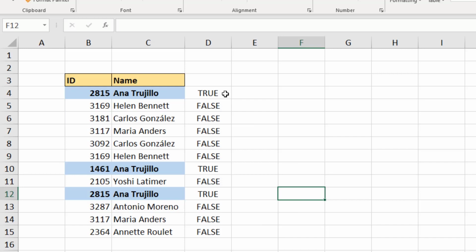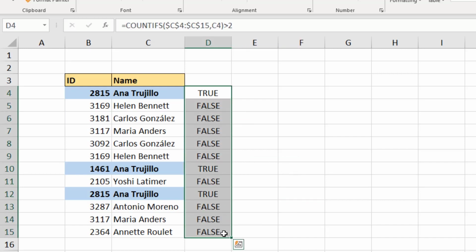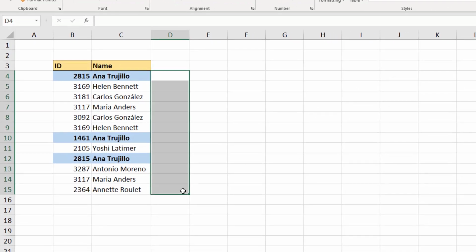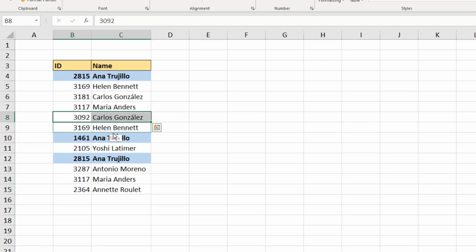We no longer need our formula in column D. That was just to build our way up to copying the formula into the formatting rule. One, because it's easier to write on the grid, and two, because it also helped us in writing it. We would have spotted an error and we could have built it bit by bit, seeing the process. Just to confirm this is working, if Carlos Gonzalez was to occur again further down, there it is flagged as